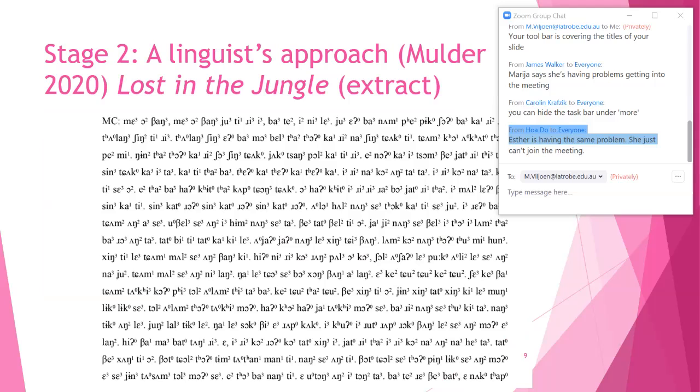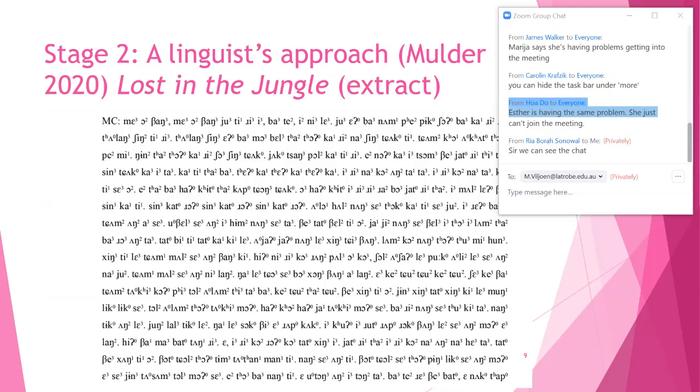And here's an example from a very recent piece of work. This is one of the stories recorded in the Muklom language by Mulder, an extract. And this is a linguist's effort